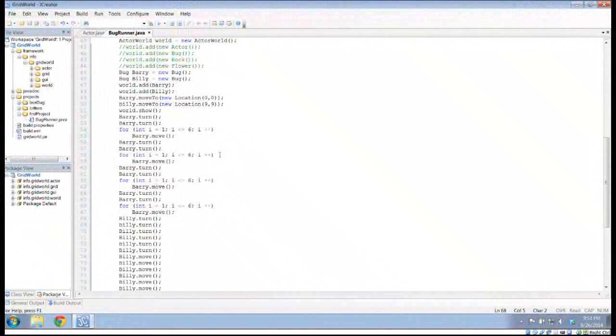So I've got Billy.turn, Billy.turn, Billy.turn, Billy.turn, Billy.turn, Billy.turn. This is a candidate for replacing with a loop. So I'm going to put in my for statement, int I gets 1, I less than or equal to 6, I plus plus, and Billy.turn. And that means I can get rid of all of these other